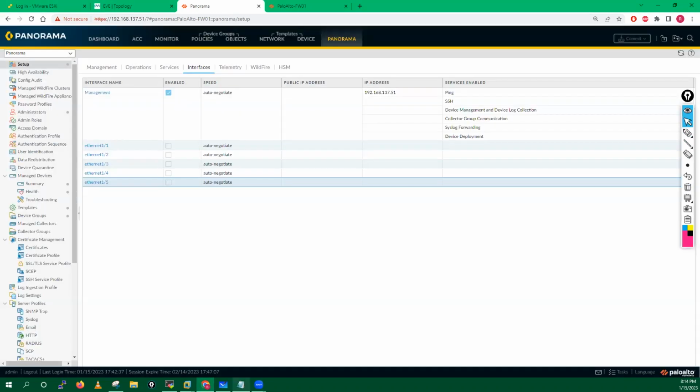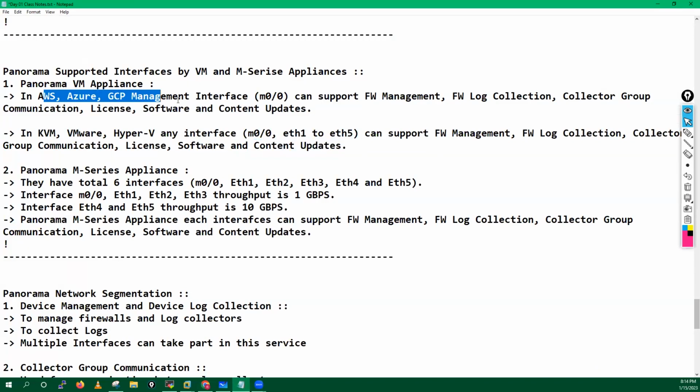But in Azure, GCP and so on, we have a management interface which can support all these things. Okay, now